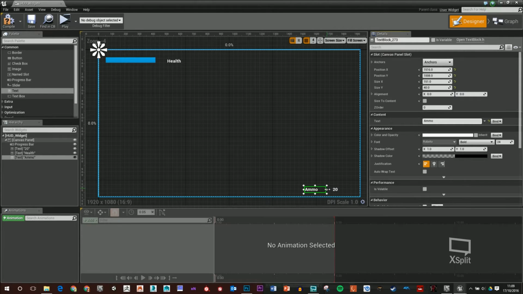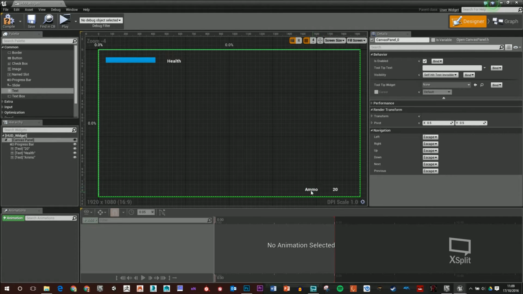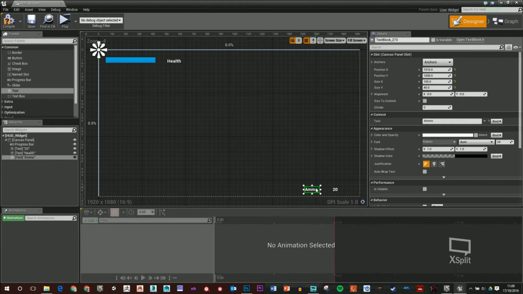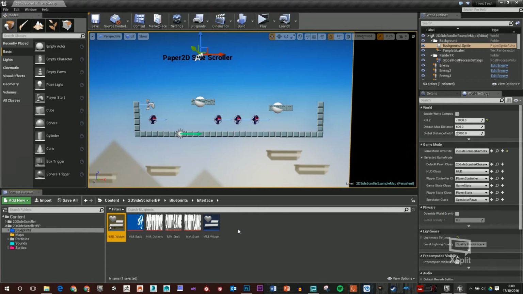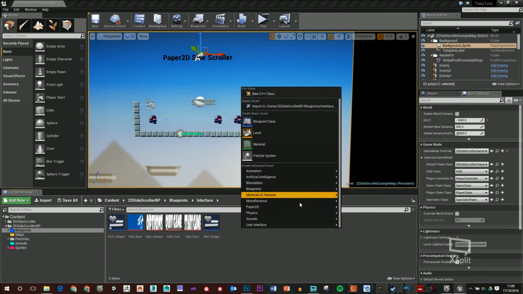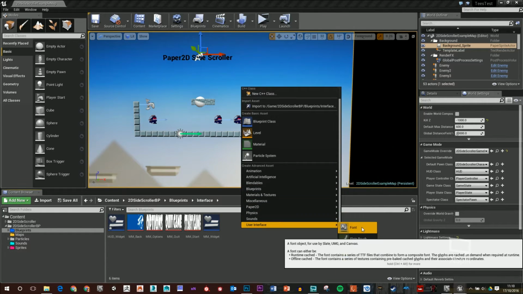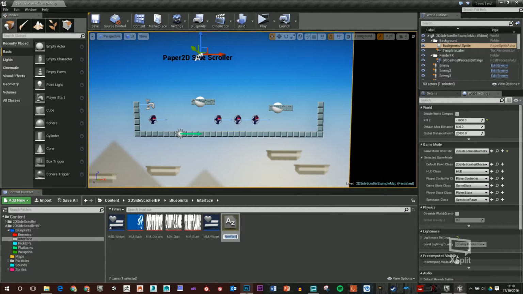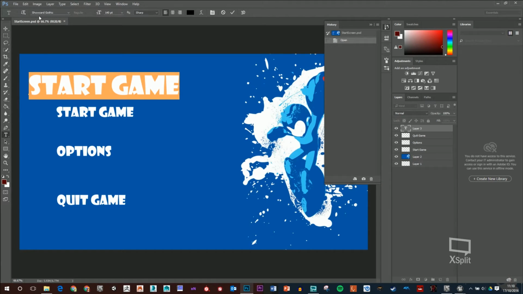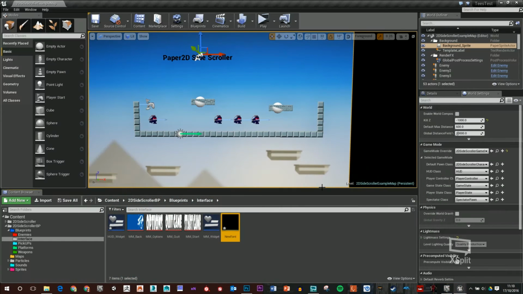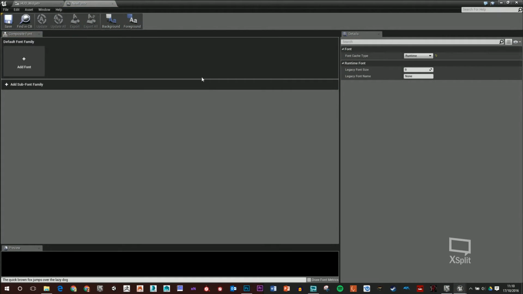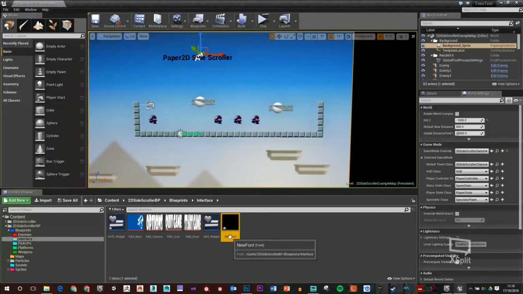And to keep in the same kind of style as the rest of our game, so like the HUD font style and stuff like that, I'm actually going to import a font. To do that, on my interface folder, I right click, scroll down to the bottom, user interface, and you can see that there's a font here. In my Photoshop document, I knew I was using Showcard Gothic, and I just got that off my computer. I'm going to rename this just main font,